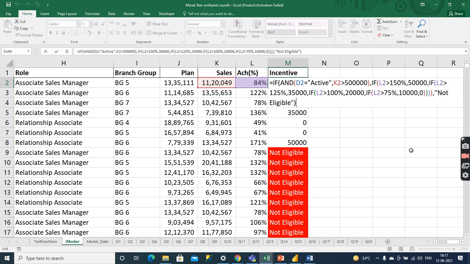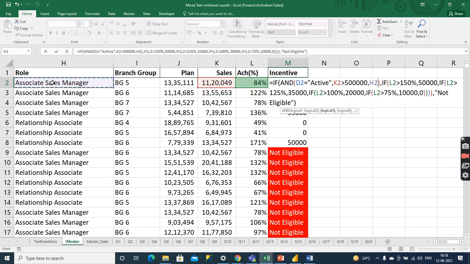Is it clear to everyone? If condition with and. Yes, sir. We can add more conditions here also. That is the benefit of and. Suppose the company says you have to give incentive only to the ASM role. So we can just go here and apply one more condition.